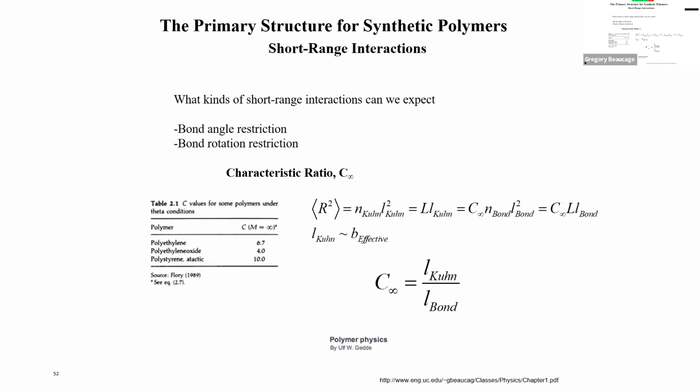So we have C infinity, which is the Kuhn length over the chemical length. That's called the characteristic ratio. The infinity means the molecular weight is infinity, so I'll show you why that's the case. And the other thing is called the coil expansion factor. So this is the short range interaction. With the long range interaction, you have the coil expansion factor,